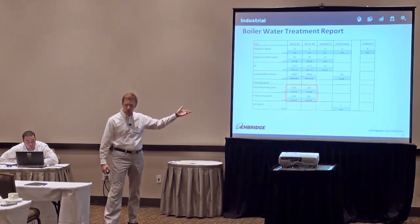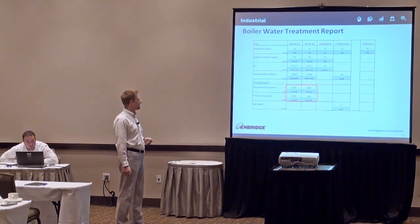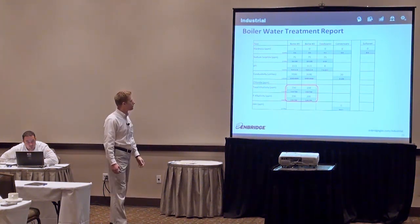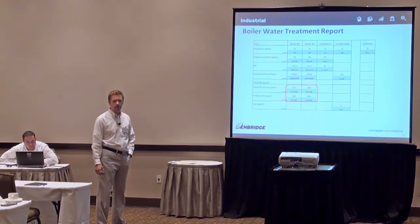Alkalinities are usually going to be on there as well. Those are the minerals I'm talking about that bring the pH up. So they're a naturally occurring thing. We're not adding anything there, but those will usually show up on there. A pretty wide range, 150 to 700, is kind of a typical range. So we're not too worried about that. I think in most cases it's going to stay within range. And if it falls outside of the range, you're probably going to have a chat with whoever's doing your water treatment, see if something can be done